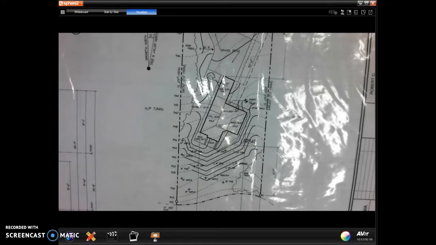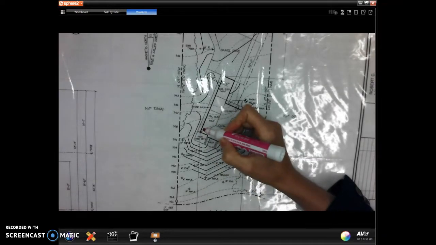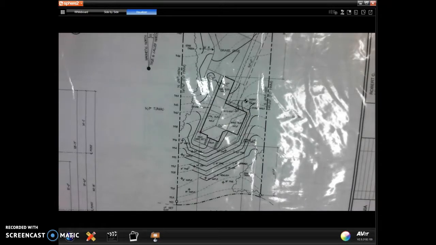Unit 9. But anyway, I am on question number 11, and it says, is cut or fill required at the southwest corner of the lake house, and how much? Okay, so let's take a look at this. Southwest corner of the lake house is right here. We said that natural grade was at